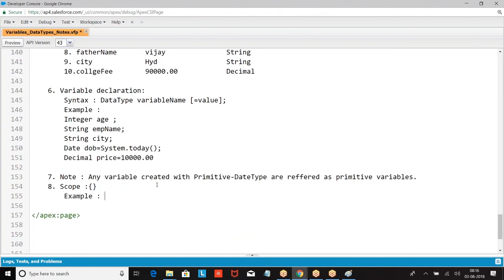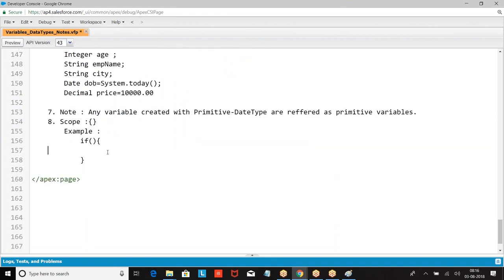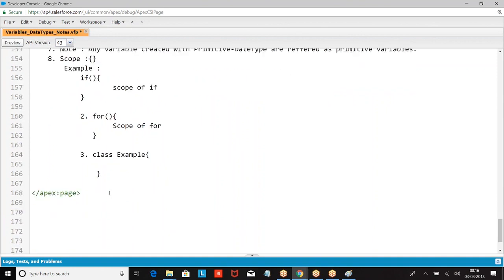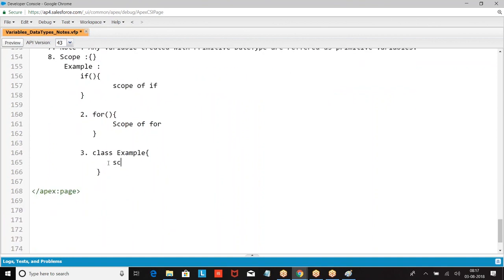Now, example: if. We write a flower bracket, scope of if. Then scope of for, scope of class.